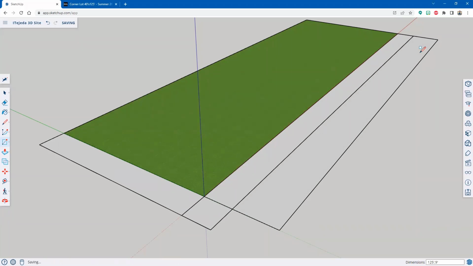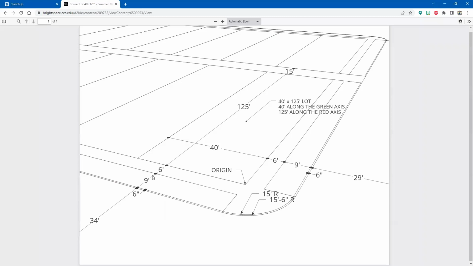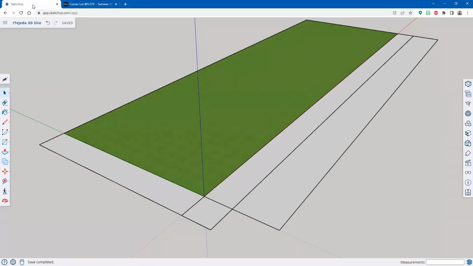On to the other side. First of all, let me tap the space bar. I want to go back to my corner lot. All right, so on the other side, it's also 9 feet. And I know that it extends further out. I will extend this in just a little bit, okay? But not yet. I just simply want to draw 9 feet by 40 feet wide. So I go back to my SketchUp model, back to R for rectangle. I start at this endpoint,